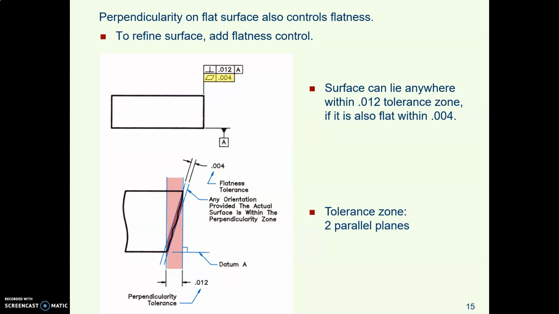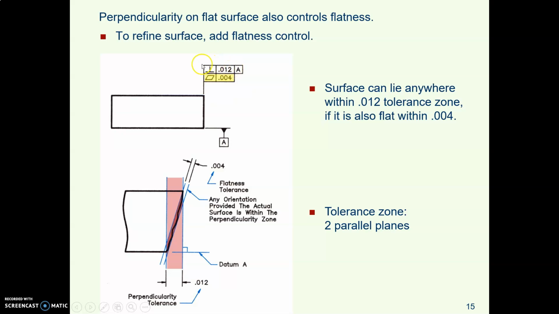You can think about how when you put perpendicularity on a surface, you are indirectly controlling flatness. So if you just put this perpendicular within two parallel planes that are 12 thousandths apart relative to datum A, you are saying not only does that surface have to be perpendicular, but by implication, all the bumps on that surface have to be flat within 12 thousandths, don't they? What this is saying is there are two parallel planes 12 thousandths apart. Well, maybe what you mean is